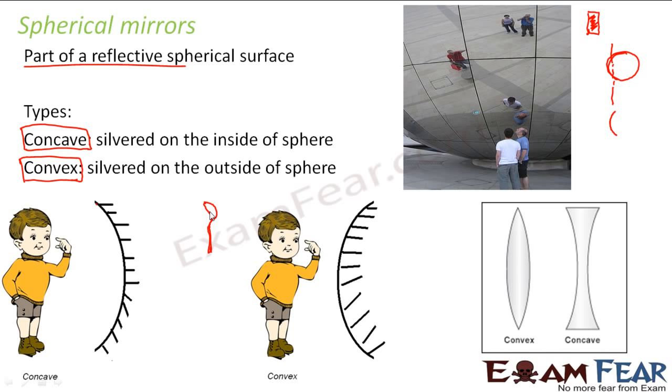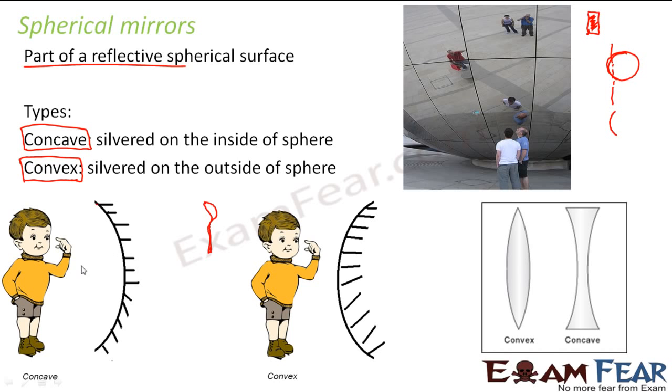So if the inside of the spoon is silvered, if the inside of the spoon is the mirror, that is your concave mirror, because that is the cave, that is the inside portion. So concave means it is a cave. Cave means you can get inside the mirror, right? Convex means the outside portion is a mirror. So in case of convex, you can think that for this spoon itself, the mirror is on this part. That means if you stand on this side, then you can see your image, right?